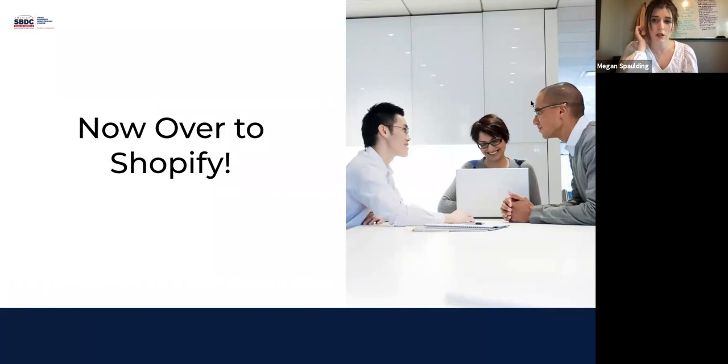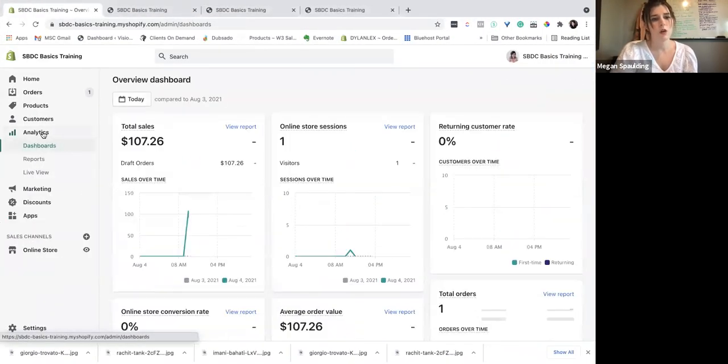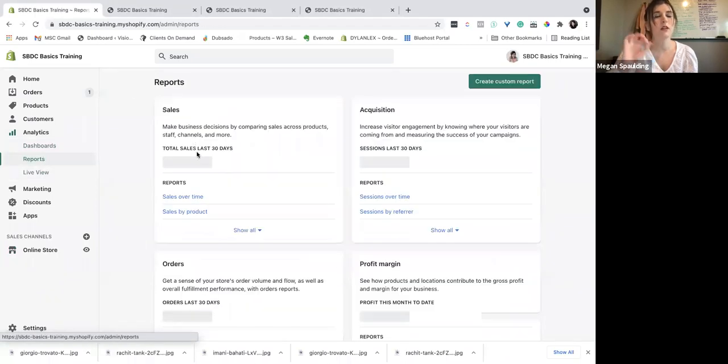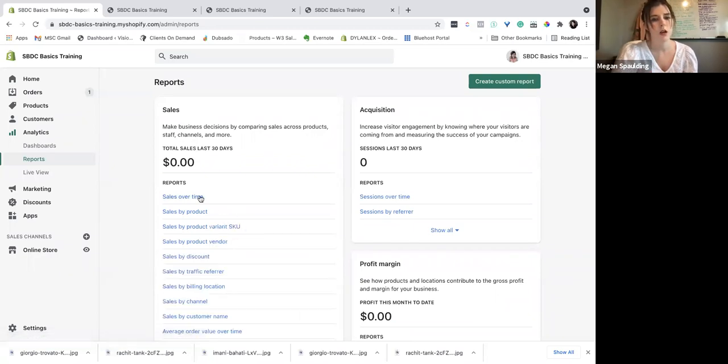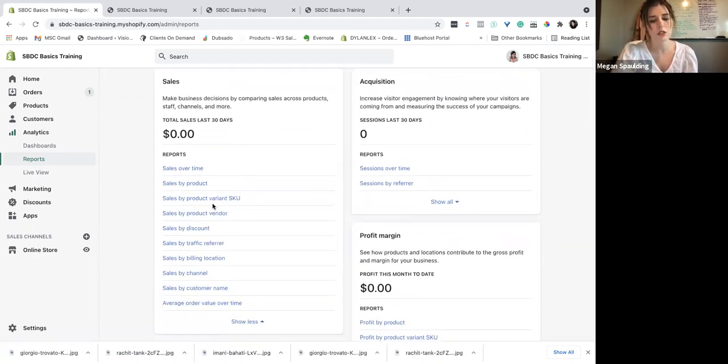What kind of information in what format can you get from Shopify for accounting and tax purposes? Depending on what you use for your accounting software, there are integrations. There are apps that integrate with most of your major accounting and POS systems. So that's pretty nice. Then there's also this analytics section where you can run reports, and there are an infinite number of reports you can run. You can run all kinds of custom reports here where you can get your sales. I think the most common one that people are going to run is their sales report